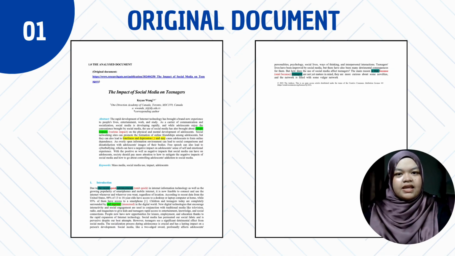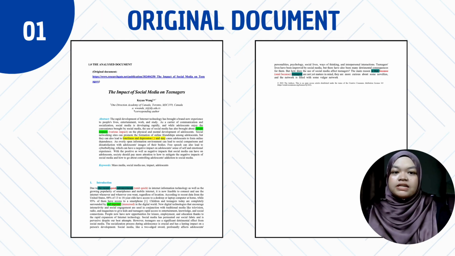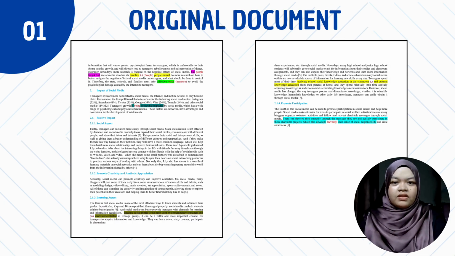For this assessment, I selected a journal article that discussed the impact of social media on teenagers. I chose this article because the topic is relevant and relatable, especially since social media plays a major role in the life of teenagers today. For my analysis, I focus on the article from the abstract section until the last point discussing the positive impacts of social media. Throughout this section, I identified several issues related to language, context, and content.